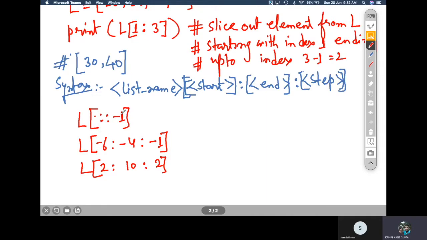So -1 means we should start from the last of the list, but the starting index is -6, so we move from the -6th index toward the left side until we reach just before -4. The index just before -4, moving leftwards, is -3. So the indexes read will be -6, -5 and